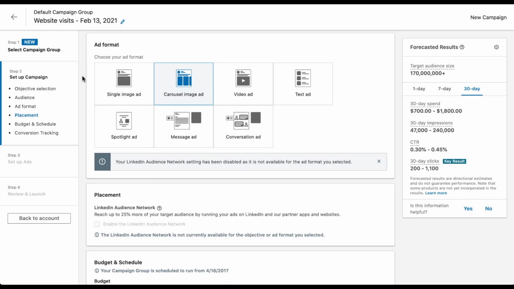Carousel ads are another very popular type of LinkedIn ad format. They're very similar to single image ads, but they allow us to customize things a little bit further. We can tell a little bit more of a story as we go through each of the different cards. So I've gone back to create a placeholder campaign, chosen carousel image ad as my ad format, and now let's